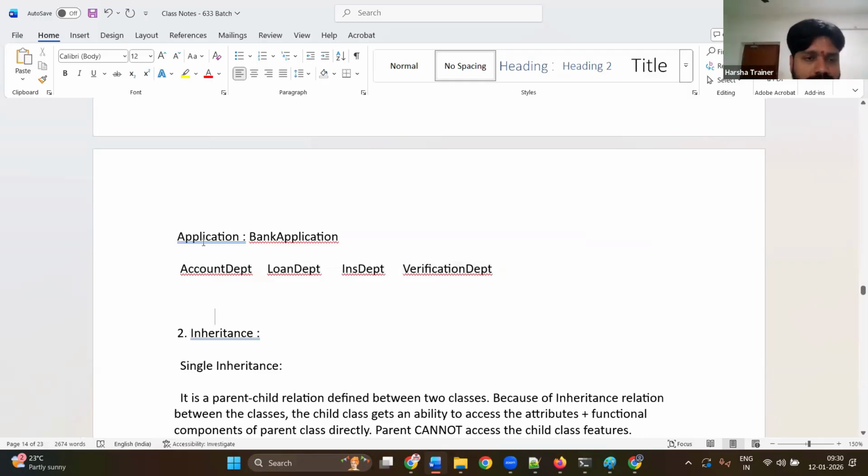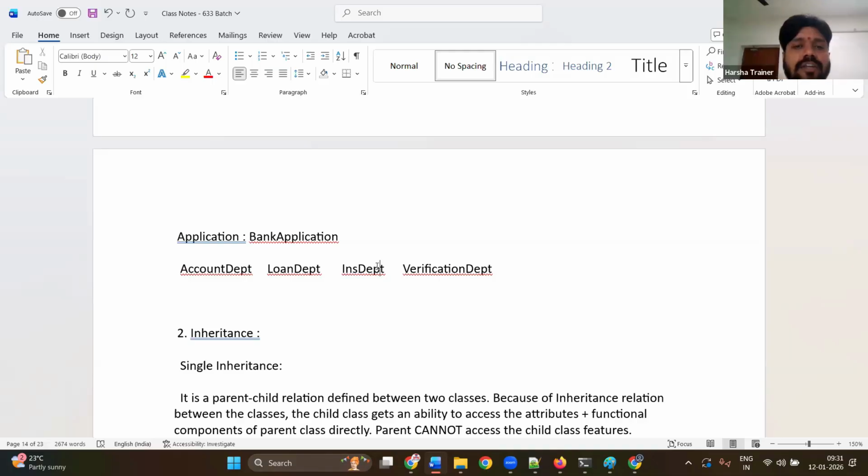So if you want to create a bank application which has 4 departments, in your bank application you will have mainly 4 classes. How many classes? 4 classes. In a real business, each department is equal to one class in the digital product. So as a business you create an application, and for each department of the business that exists in the real world, you create one class. Are you clear? Like this, every application can have more than one class. Are you clear, everyone? Yes. Okay, very good.